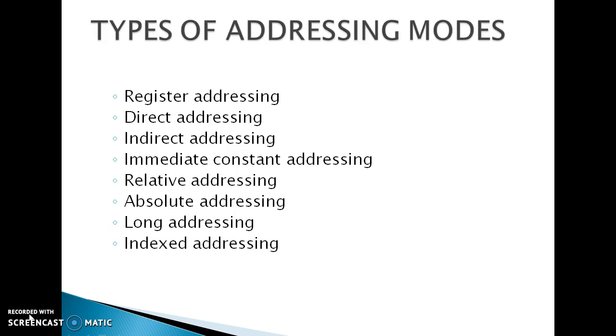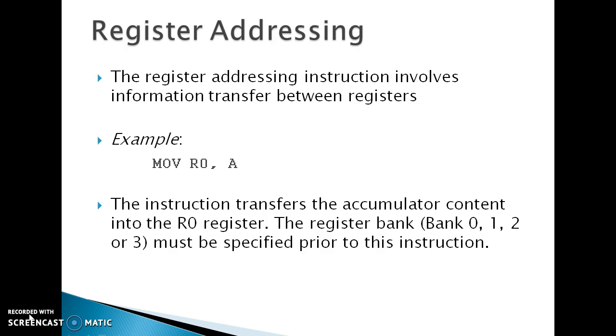Types of addressing modes: register addressing, direct addressing, indirect addressing, immediate constant addressing, relative addressing, absolute addressing, long addressing, indexed addressing. Register addressing. Register addressing is defined as the information transferred between the two registers. Example, MOV R0, A. The explanation of this instruction: the content present in the accumulator is transferred to the